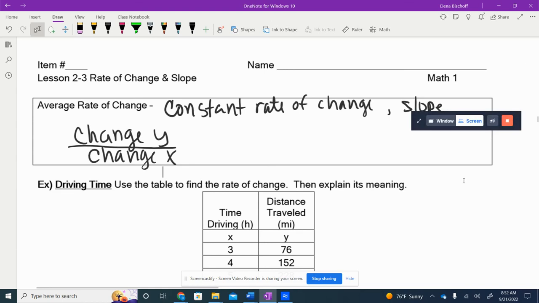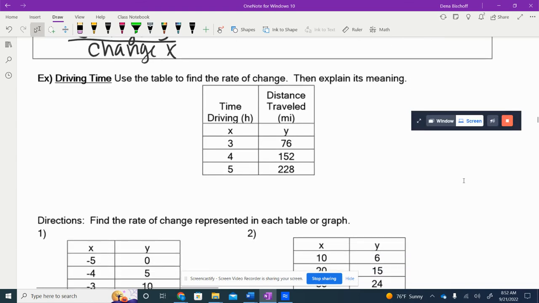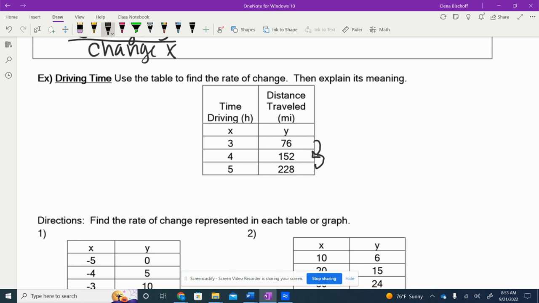Okay, so we are going to use this table to find the rate of change, which is the same thing as slope, and we're going to explain its meaning. Do you guys remember doing this when we had a table? We look for the change in the y. What did I do to the 76 to make it equal 152? What did I do to the 152 to make it equal 228? So I'm basically finding the difference between the two of them, right? So it looks like I added 76 on both of these. So this is my change